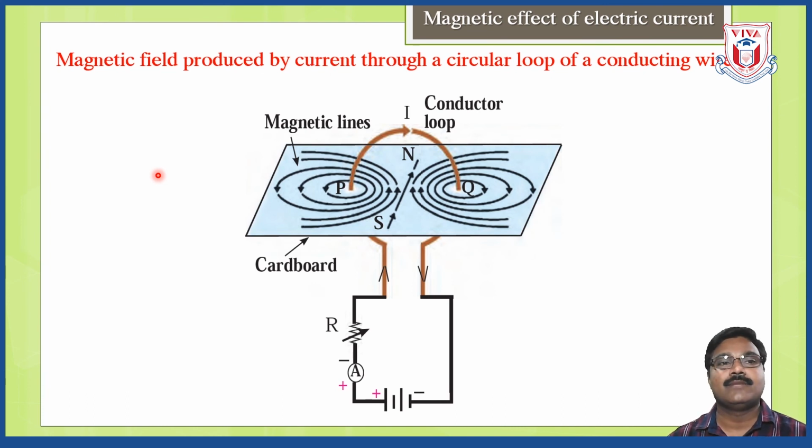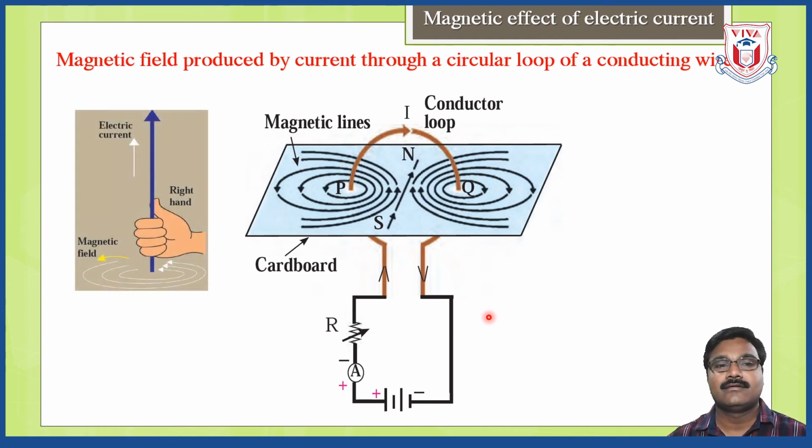Now the magnetic field produced by current through a circular loop of a conducting wire. आतापर्यंत जी आपण वायर पाहिली होती ती सिंगल वायर होती. Now they have made some change and they form a loop. आणि असा लूप जर केला आणि त्याला जर आपण अशा प्रकारे सेल जोडलं आणि त्यातून इलेक्ट्रिसिटी जर पास होऊ दिली तर तिथे डायरेक्शन ऑफ मॅग्नेटिक फील्ड कशा प्रकारचं असेल तर by using